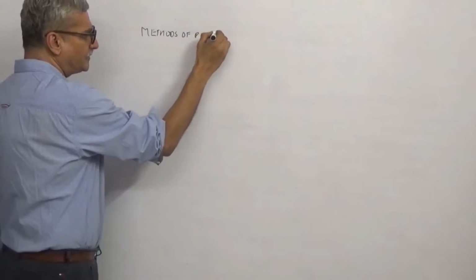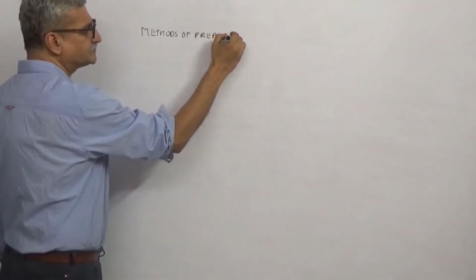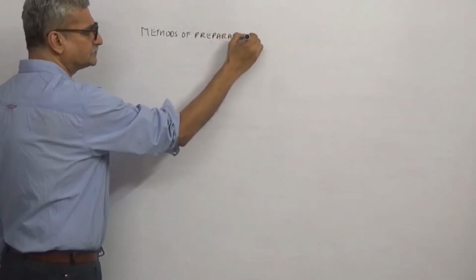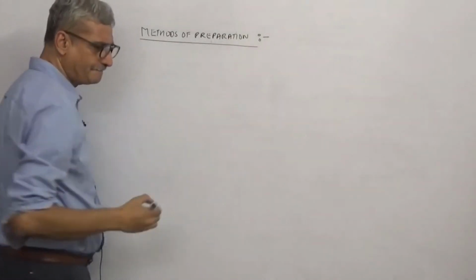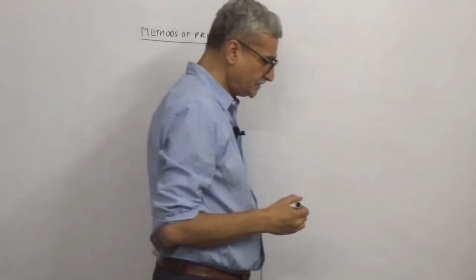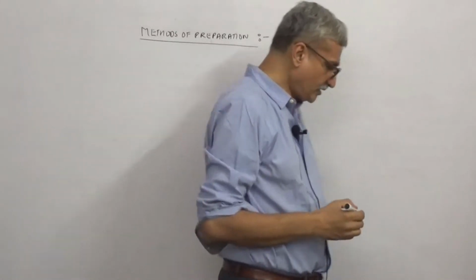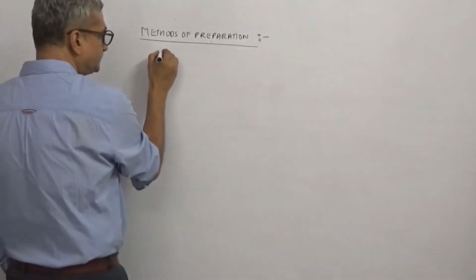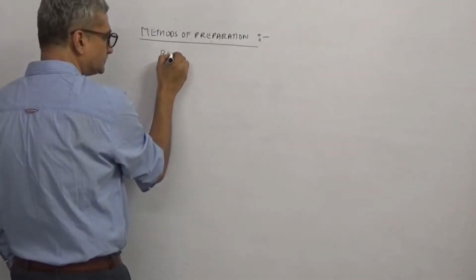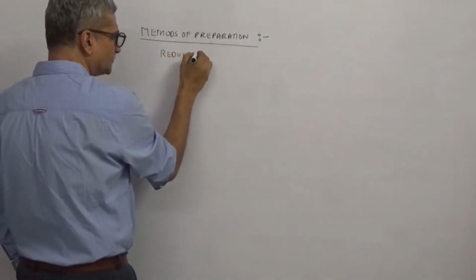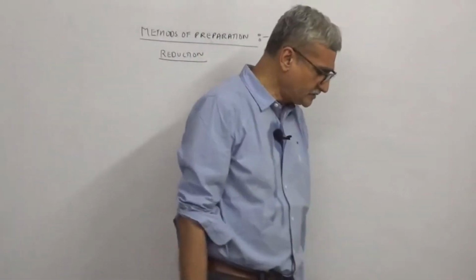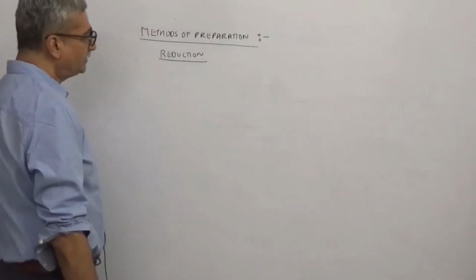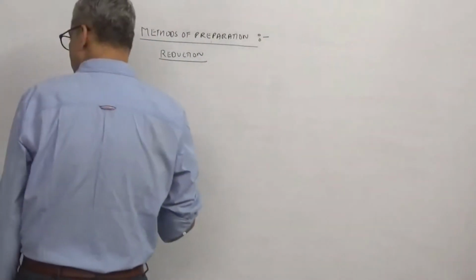Methods of preparation. So when you're talking of methods of preparation, we were basically talking about reduction. We already saw reduction using molecular hydrogen and reduction using nascent hydrogen. Today we will talk about reduction using